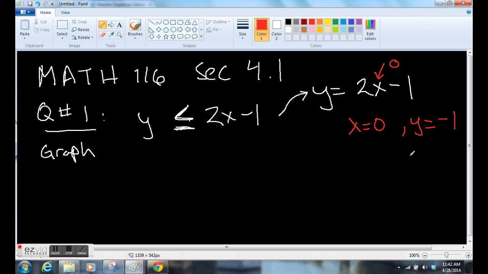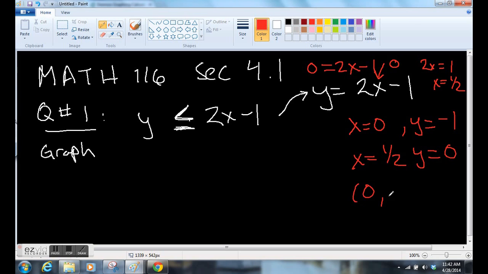All right, well, we need one other point, and I usually let y equals 0 be the other point because I'm lazy and that's often the easiest. So quickly, if you let y equals 0 here, you have 0 equals 2x minus 1, which implies that 2x equals 1 or x equals 1/2. I'm being a little systematic about this. Some of you might just see these 2 points right away. So I have 1 point, which is 0, negative 1, and I have another point, which is 1/2 and